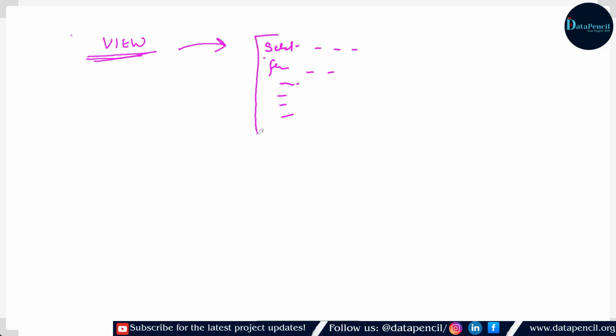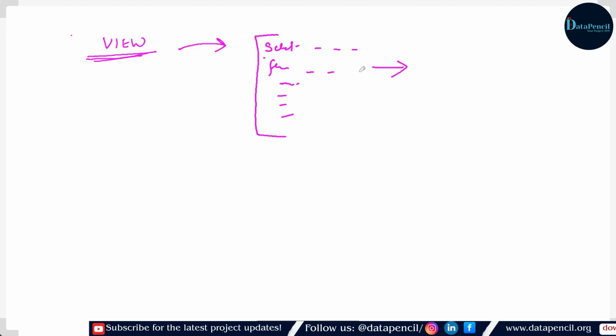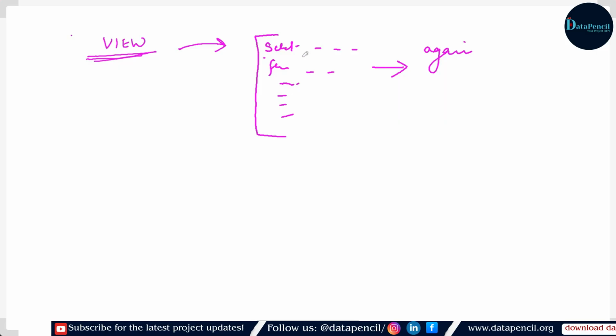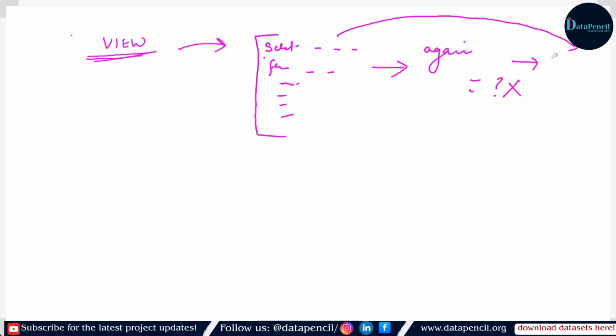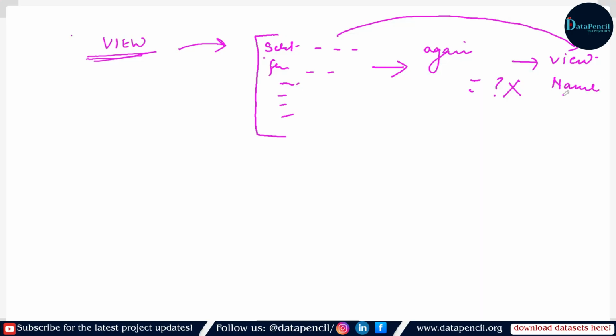Now suppose there is a need to use the same code again and again. There is a need basically that you have to write these codes again and again. So why write the same set of code again and again? It is simply a wastage of our time, correct? So instead of writing these codes again and again, we will simply save them as a view. We will give this code a name, and it will get stored in our view section. Whenever we need it, we will simply call the name of our view and we can use it, and whatever our purpose is, it will fulfill that.